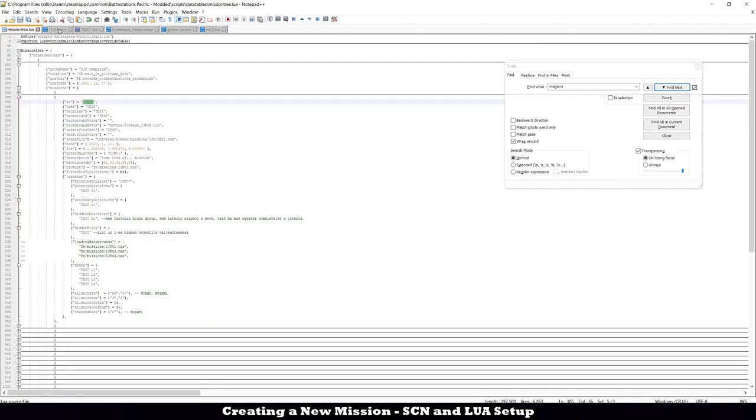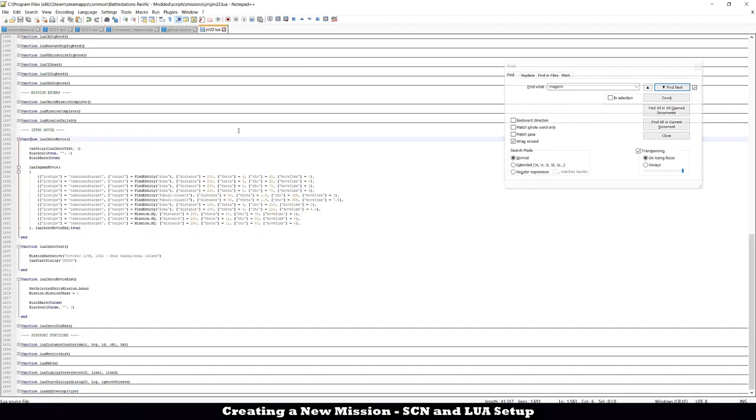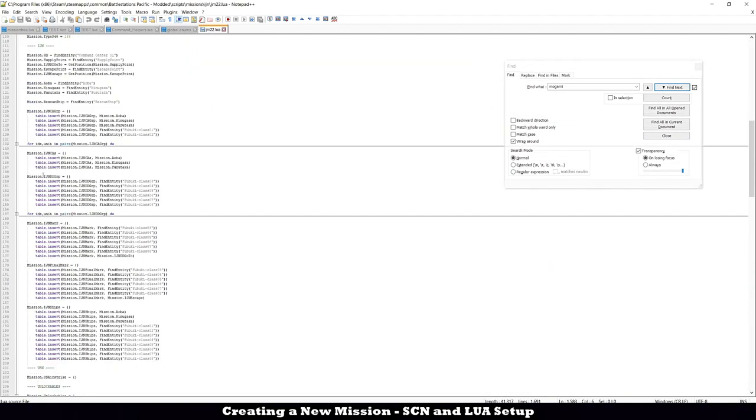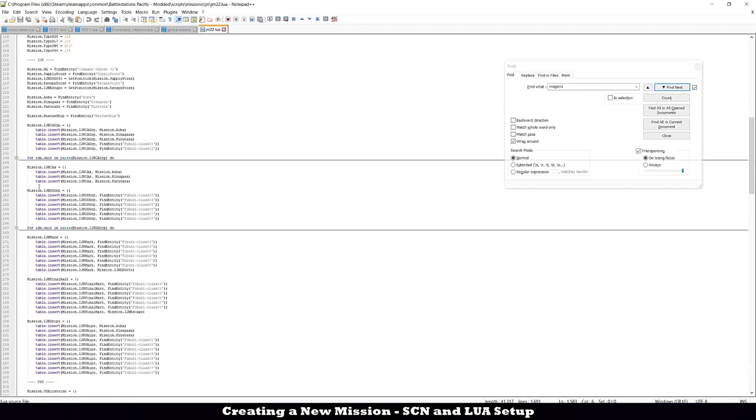Now we inserted all three of the Japanese ships from the SCN. Now they're in this table called mission.IJN ships. Now what we're gonna do is we're gonna apply some properties to those ships. So what are we gonna specifically do? Exactly as I did in any of my CPC missions, complete campaign pack missions, we're gonna go and copy this